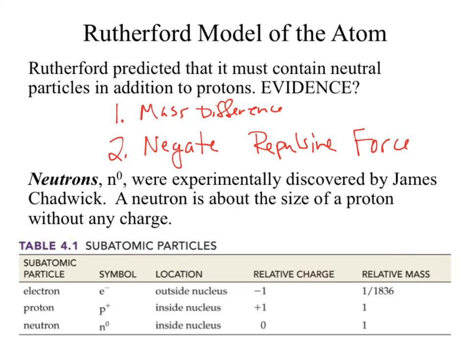One of the things they found is the neutron is the size of a proton, so it has the exact same mass, but it has zero charge, which is an interesting piece. Certainly couldn't be positive because that then makes the nucleus even more positive. If it was negative, that could try and explain the opposite charge repulsive forces. Turns out, again, it's neutral, not negative.